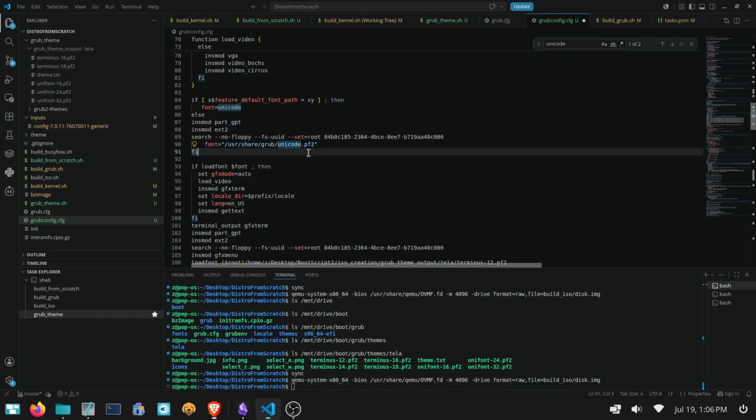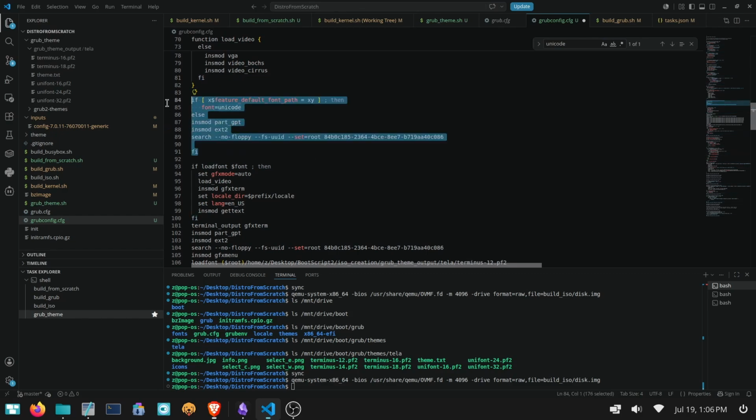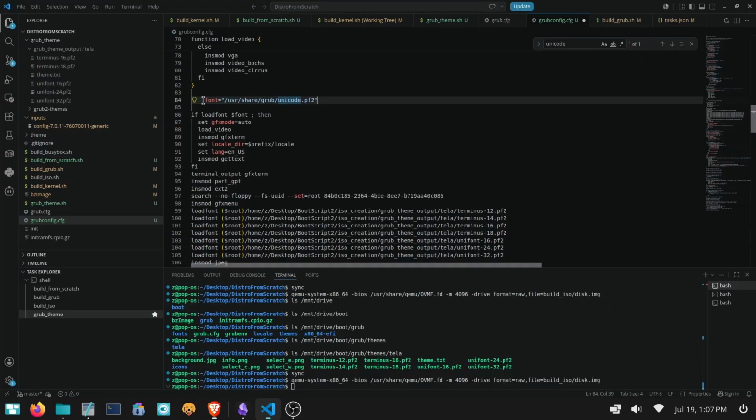So we copied this out, and then we put this as /drive, etc. Anyways, so Grub themes can be a bit of an issue, but we've got the script set up